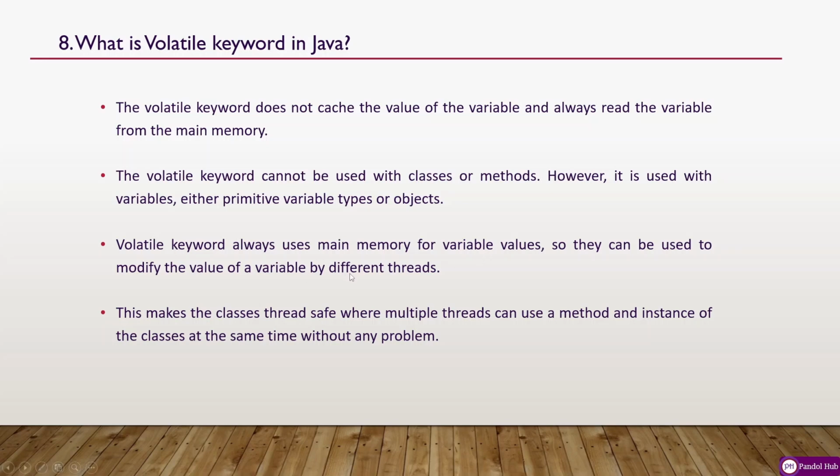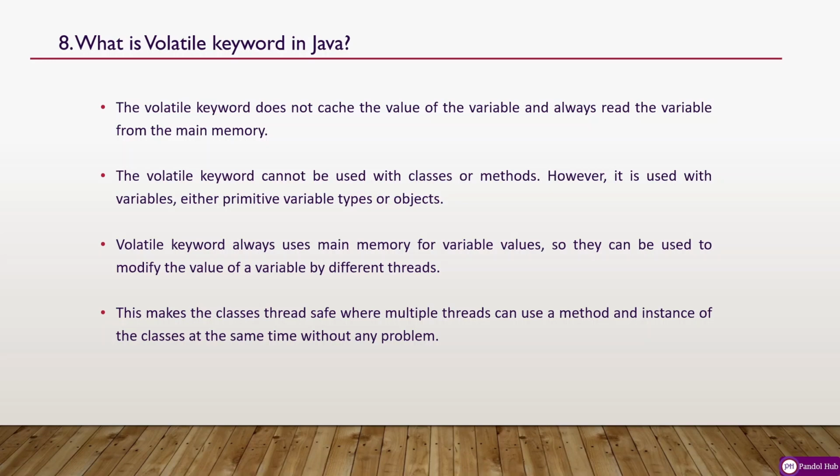So for example, you have a variable which a thread is going to access. So you know what is thread local. Thread local is nothing but, every thread, when it is accessing some objects or variables, has a local copy of them inside, which is called thread local. So thread 1 is going to have its own copy, thread 2 is going to have its own copy, and so on. But when you are working with the volatile keyword, every time the thread reads the value of that